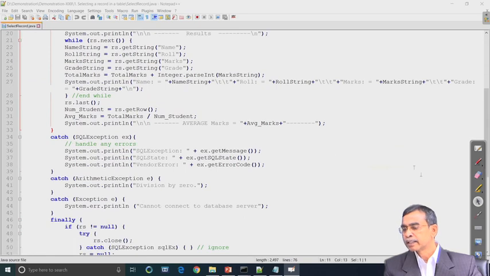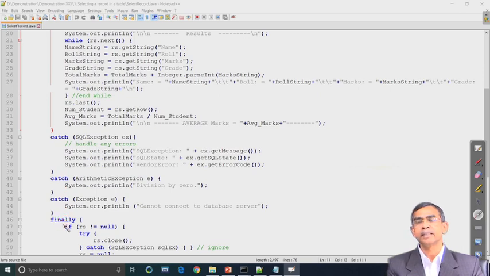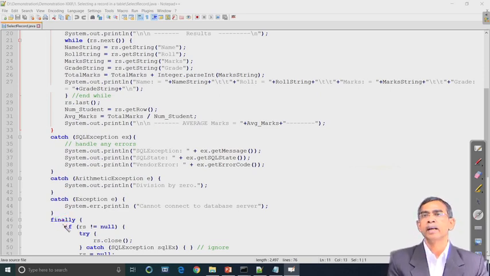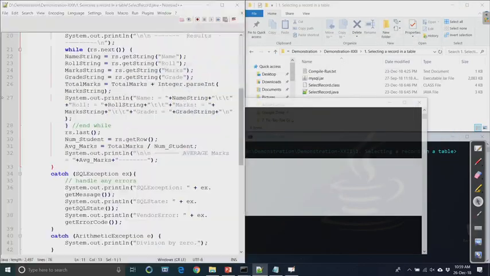As you see, the average is calculated here and then we print this average, and the rest of it is the try catch block and everything. This is the customary try catch block you have to maintain so that the program can be executed in a reliable and robust manner. So, this tells you how the result set object can be processed. In this session we mainly emphasize the processing of the result set, that is, the results obtained after the execution of a SQL statement from the application itself. So, this is the demonstration, hope you are able to understand it.